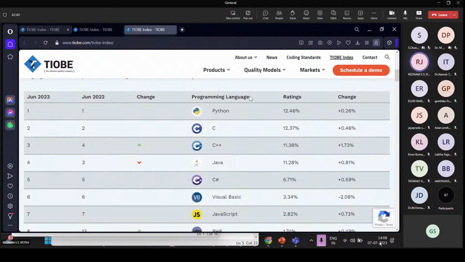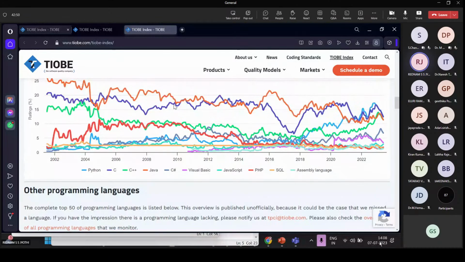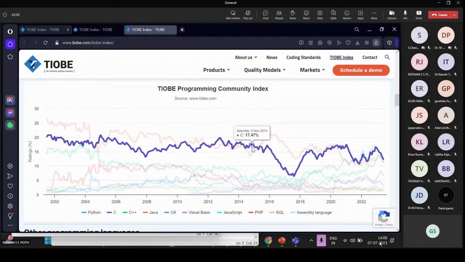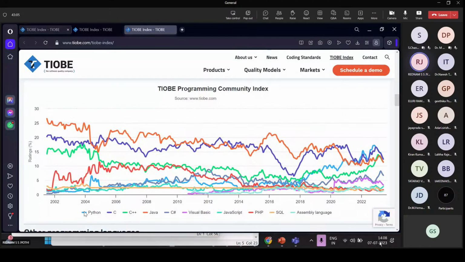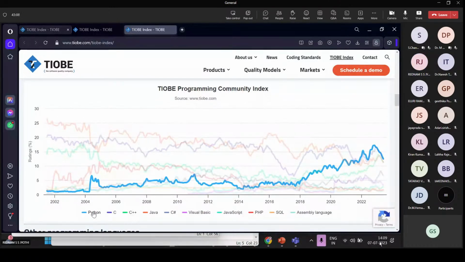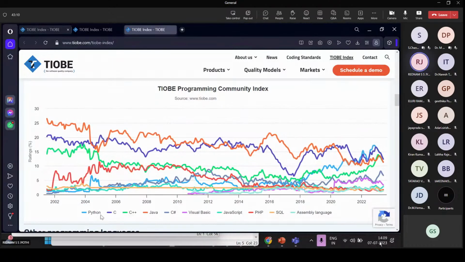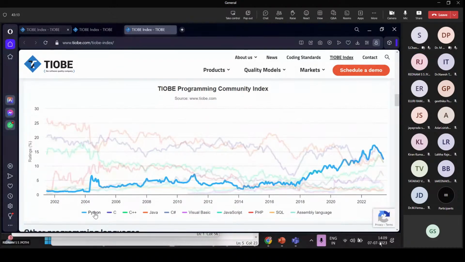Python got first place from 2018 onwards, and this is the graph. The light blue indicates the Python graph. Is this visible? Okay, thank you, ma'am.